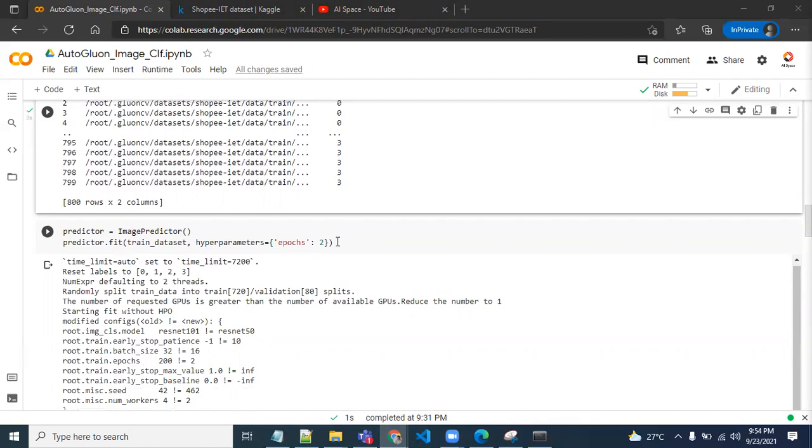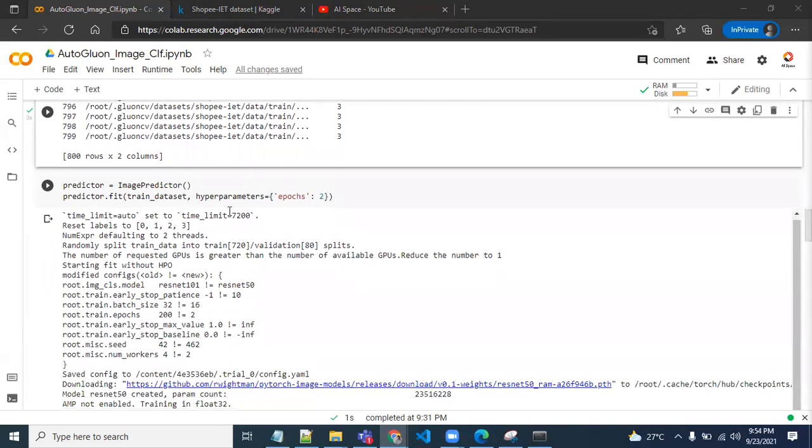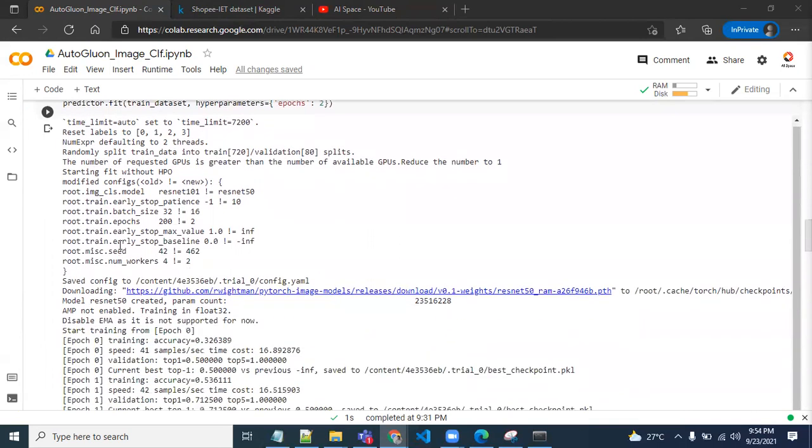You can change it to 10 or 20 or 100, depending upon how much time you have and how much data you have for the training purpose. So you can see I have already trained this model, and you can see this